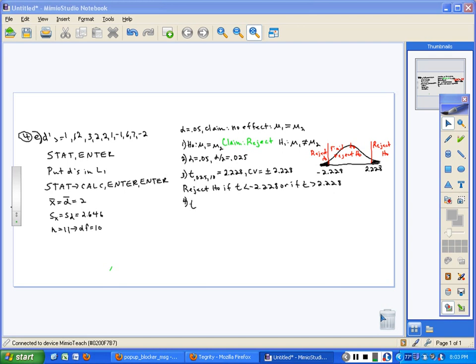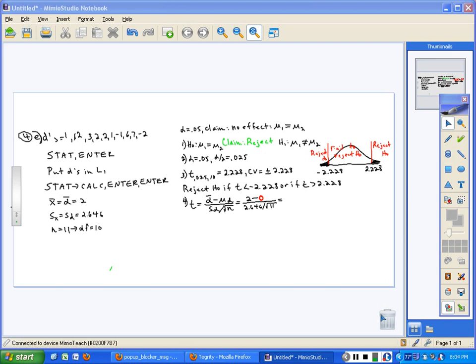Even though this is Chapter 9, this looks like a test statistic from Chapter 8 because we've condensed two sets of data into differences. So it's D bar minus mu sub D over S sub D divided by the square root of n. D bar is 2 minus mu sub D. Mu sub D, just like in the last one, is 0 because mu sub D is equal to mu1 minus mu2, divided by S sub D, which is 2.646,